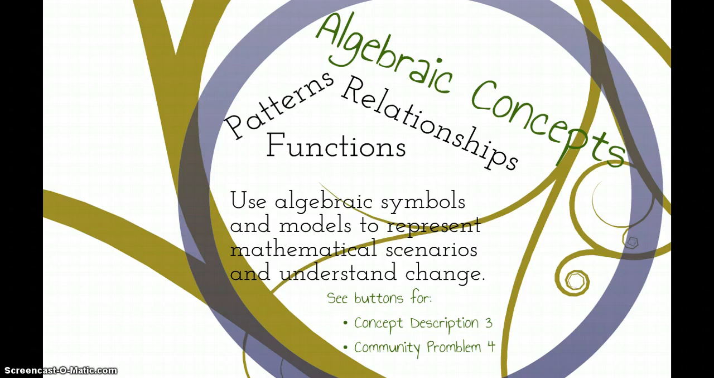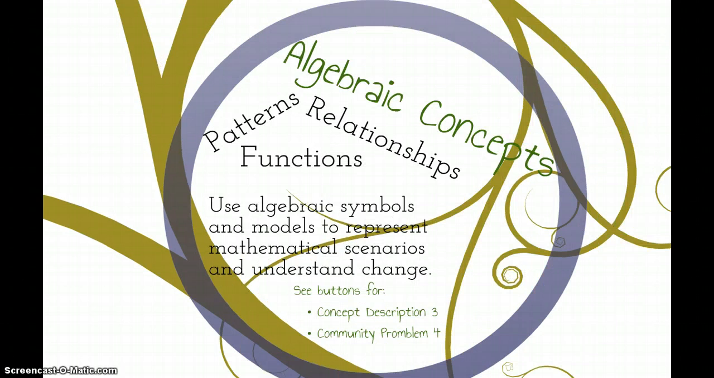Community problem number 4 addresses a mathematical scenario that I felt students in my classroom would be able to understand because of the context, and it also shows the relationship and how exponential growth works. I thought this might be a little bit challenging for kindergartners, but I was blown away at how easily they understood exponential growth, given that they're kindergartners. Anyway, take a look at that. Let's move on to the next content standard,